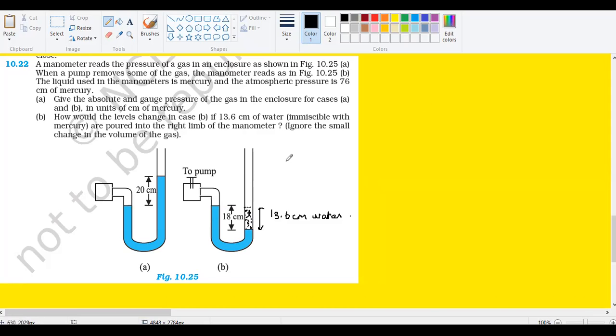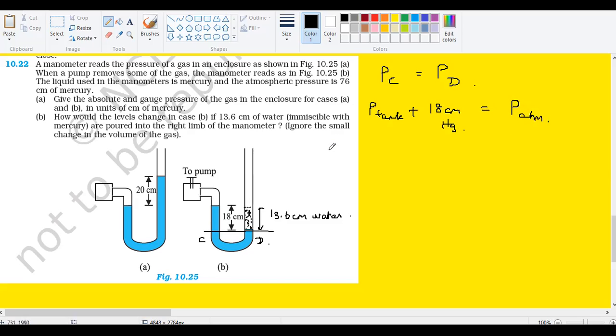So from the previous concept, right? Suppose if I had taken a line over here, I said C and D are here. So pressure at C should be equal to pressure at D. Before adding the water, this is the situation. So we said that pressure at C is pressure at the tank plus pressure due to the liquid column, which is 18 centimeter of mercury,